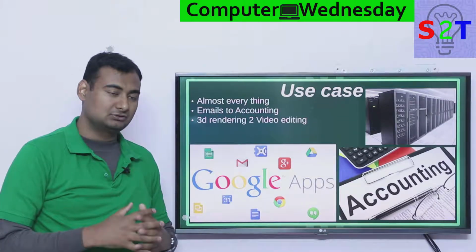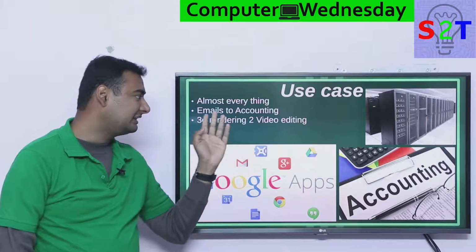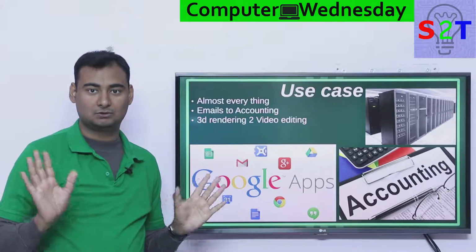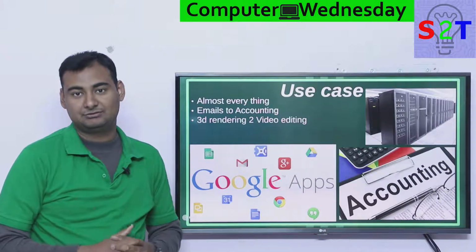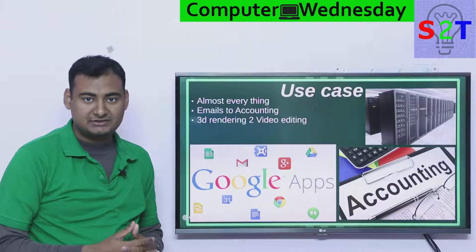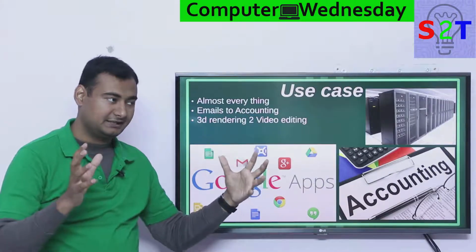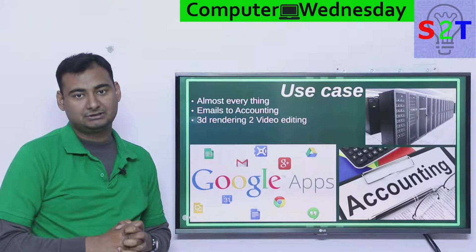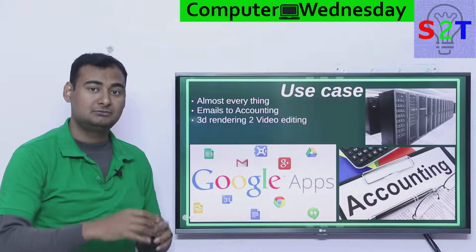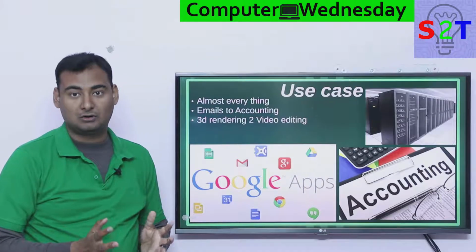Now then we'll come to the big chunks. Big chunks are 3D rendering and video editing. Now you're like, whoa, 3D rendering, yes. If you are working in the 3D industry, you must be familiar with the concept we call render farms. Basically, the idea is you make 3D whatever you need to make, then you send it to this farm to render it out. This is how it always has been.